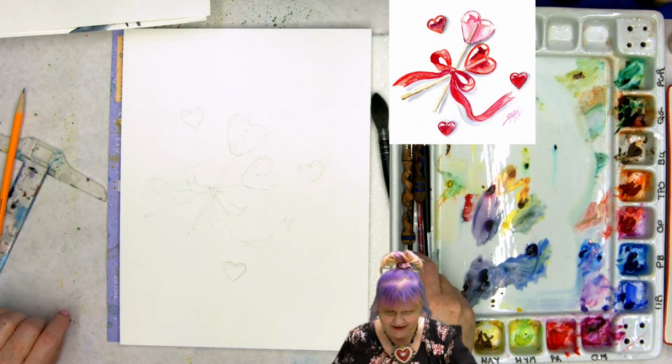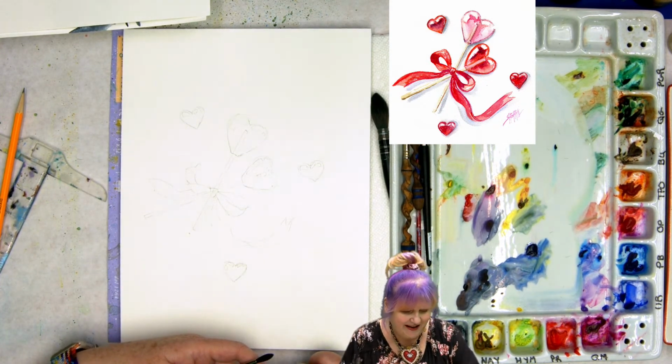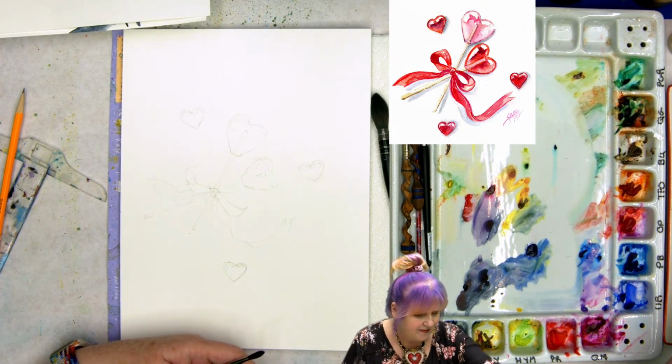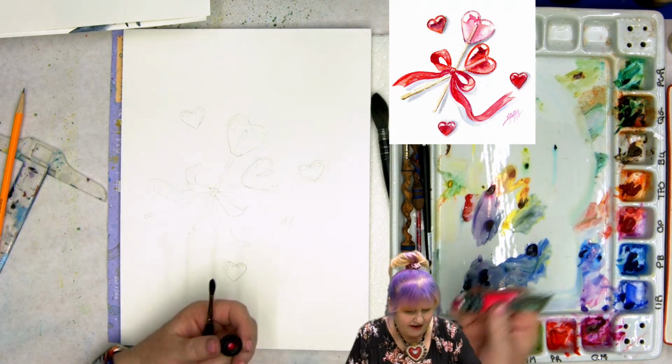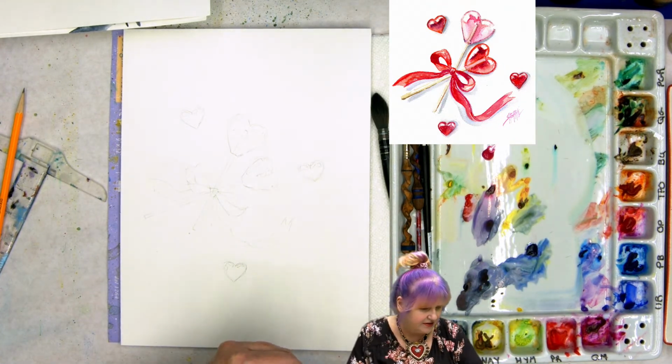Yeah, these are Elven brushes. They're the best of the best, sir. So I'm going to add some opera pink over here to my palette, and I may put out